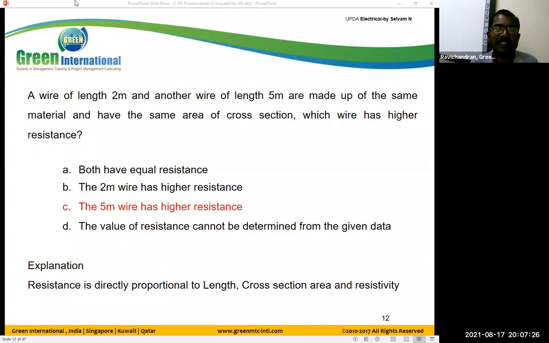In this question, you are writing an explanation that resistance is directly proportional to length and resistivity, but cross section is inversely proportional to the resistance. So the explanation is a general formula. Strictly, resistance is not simply inversely proportional to cross section, because it's a general equation. If you know this sentence, you can solve the problem.